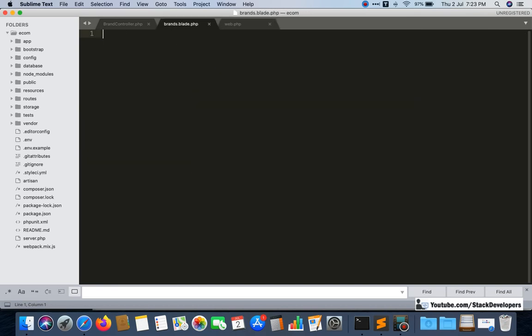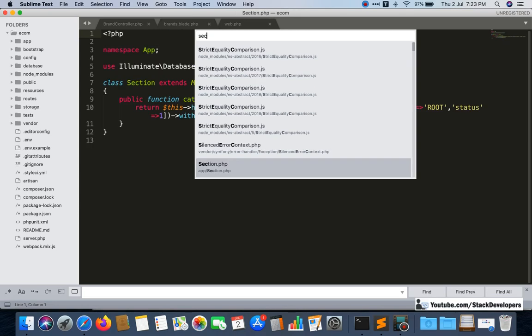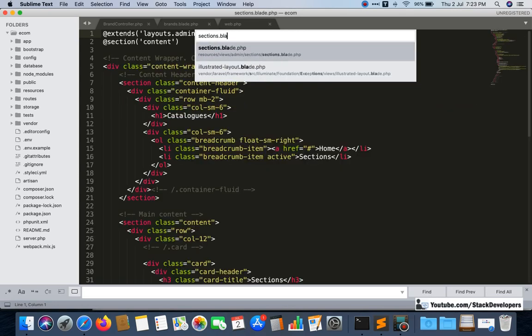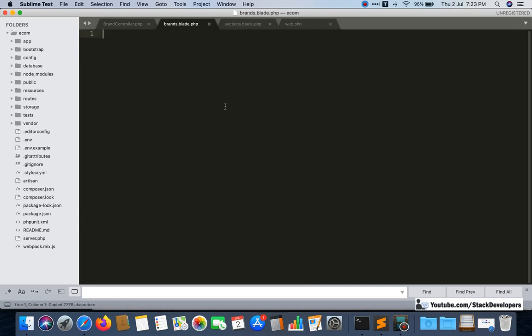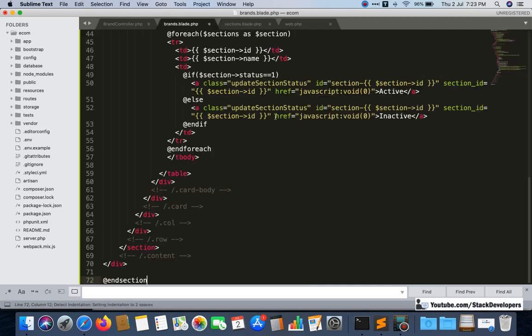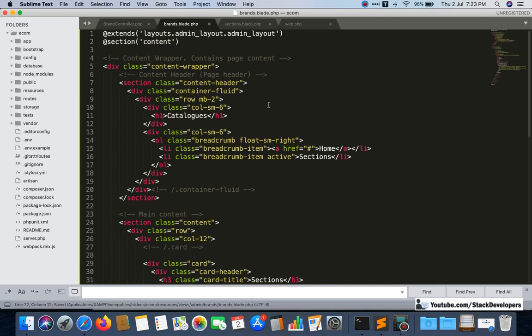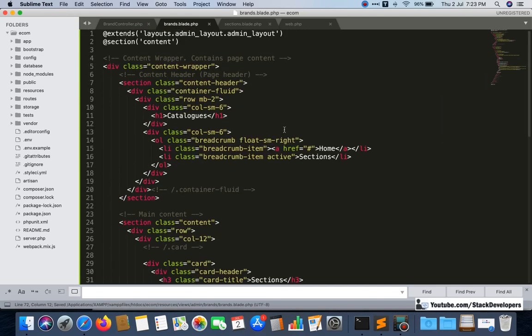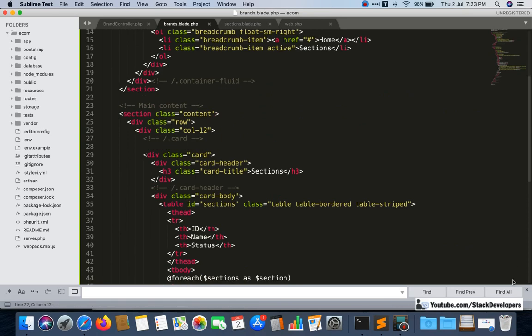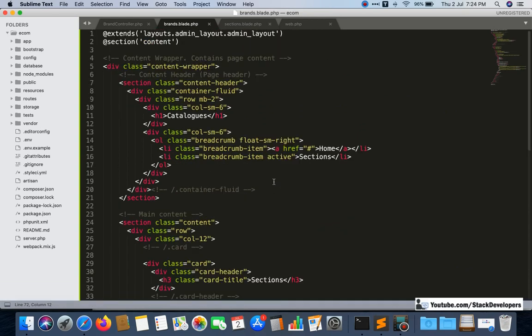We can copy from the sections.blade.php file. No need to rework everything or waste time, and you can utilize that time for something else. Simply copy paste this one and quickly make changes here.